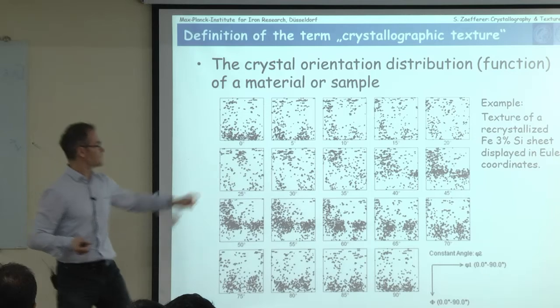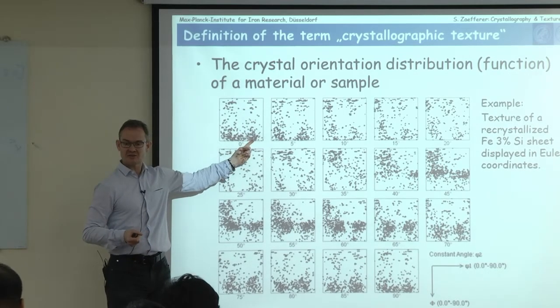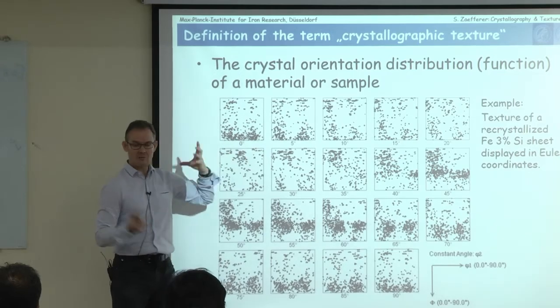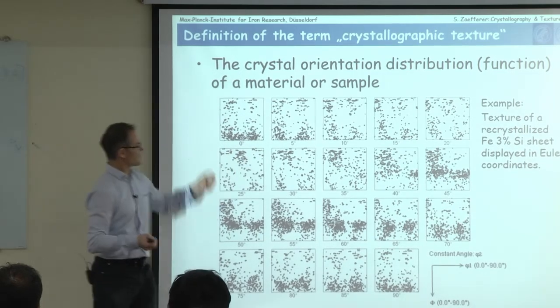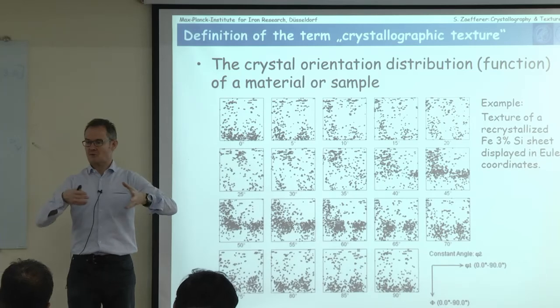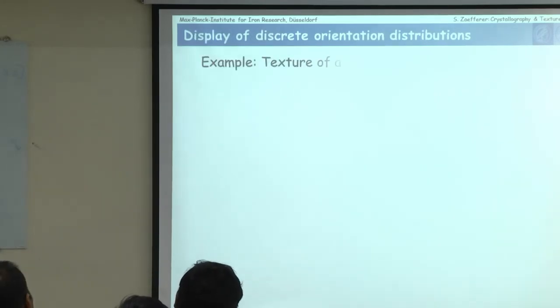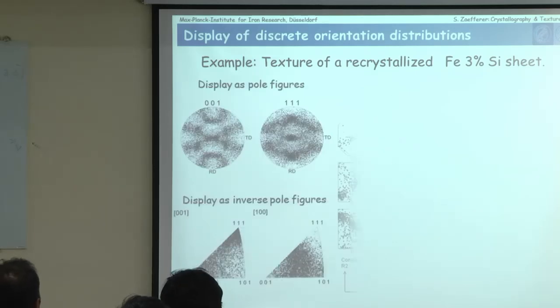So you want to give people a value. How many pixels are overlapping here? How many crystals belong to that? How much volume percent is that? And you also want to reduce memory to memorize these textures. And therefore, you need these